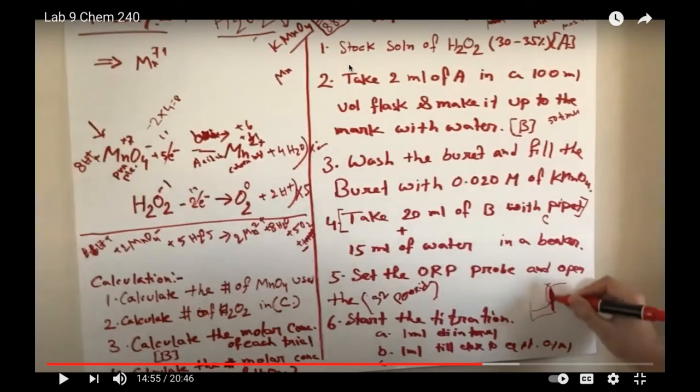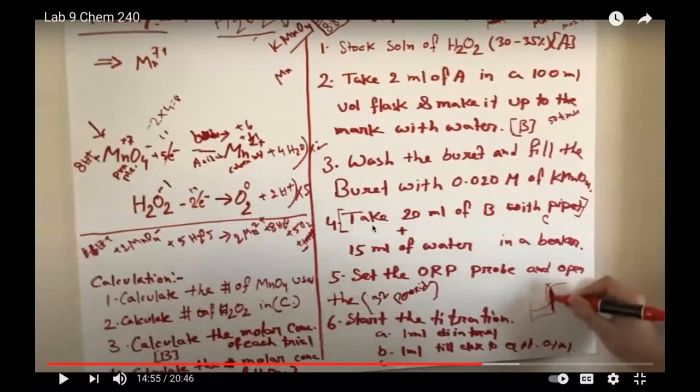Your B is nothing but the 50 times dilution of the A, right? So if you multiply the concentration of B, what you got here, with 50, then you will get the concentration of A, isn't it? You guys understand? Again, I am telling you. So you got number 2. Till 2 is fine. Calculate the molar concentration of each trial.